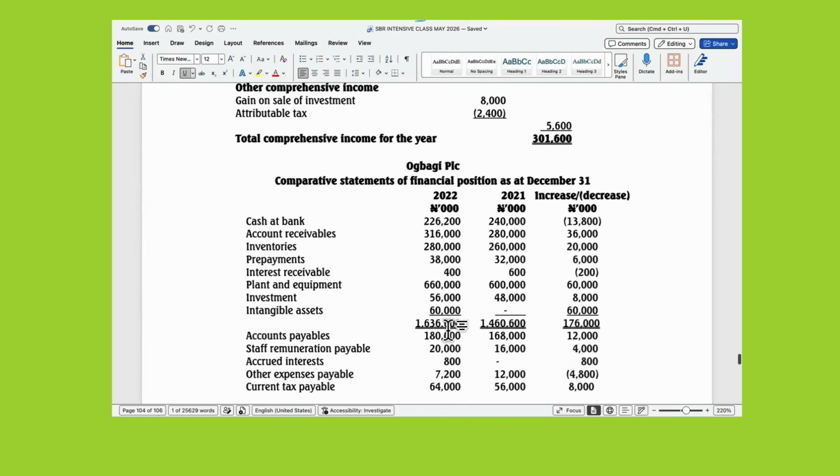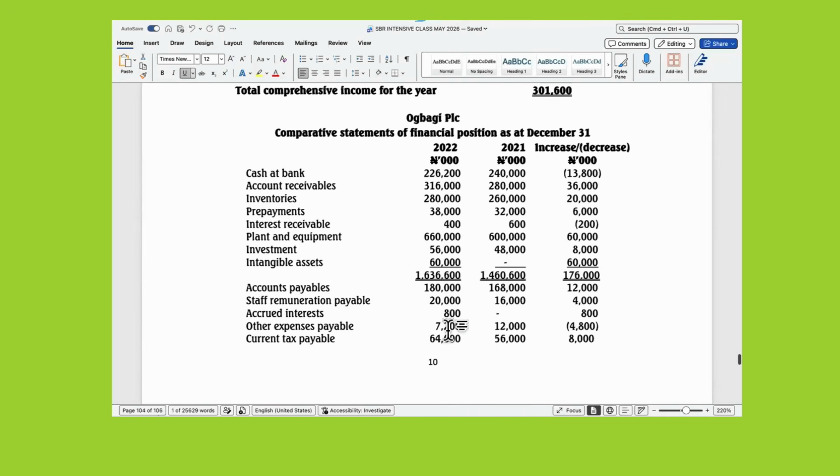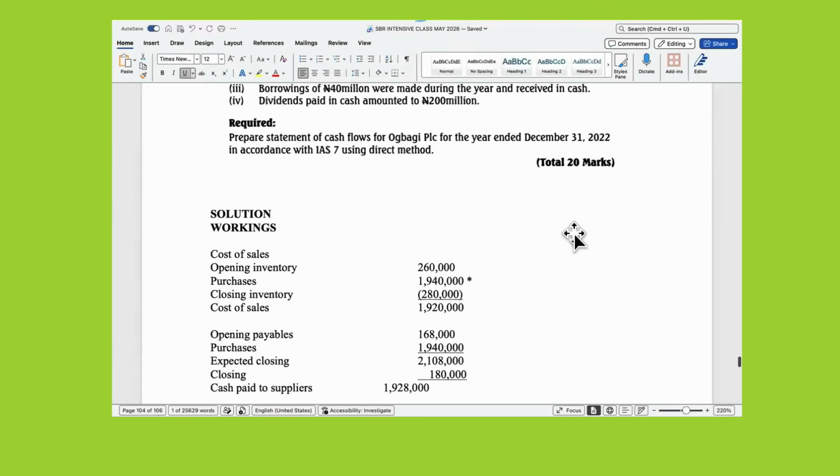This question is on direct method, but fortunately for this student, the examiner already gave them the movements. They have given us, so I won't have to do this. It's because a lot of students don't understand that cash flow is based on movement. When they came out, they said, I've not seen something like this before. I was surprised. Who taught you people statement of cash flows? When they gave you the movements, there's no need for